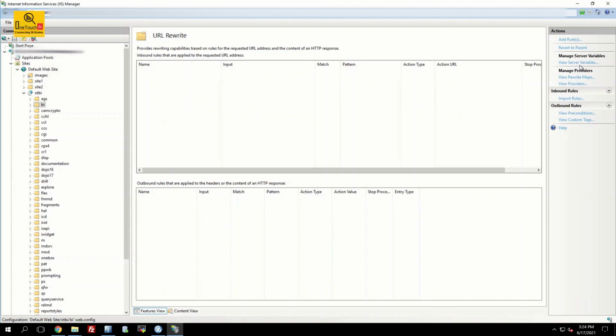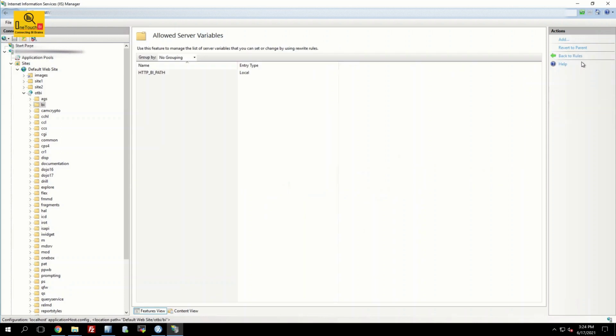Make sure we have 3 variables for this exercise to complete. So ensure whether you have any variables over here. Click on view variables. You see over here, I don't have any variables, so I have to create them. What are those variables? I'm going to create them right now. Just watch. Click on add.